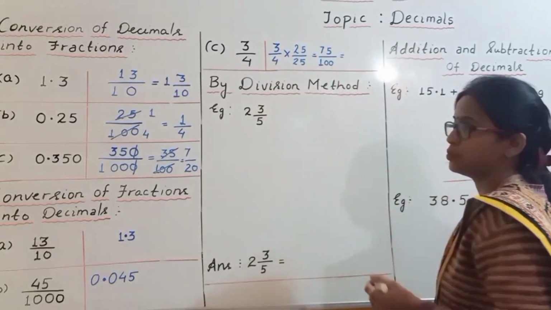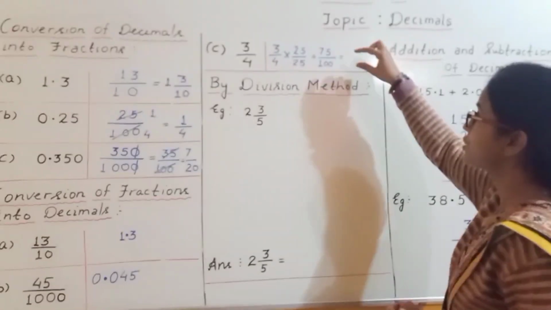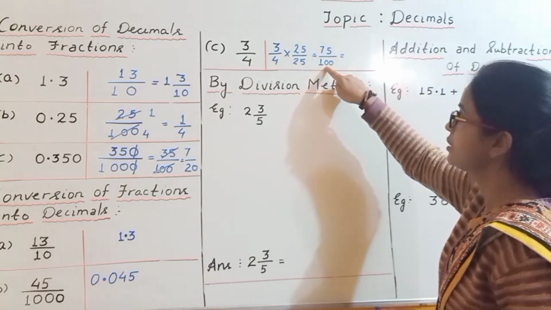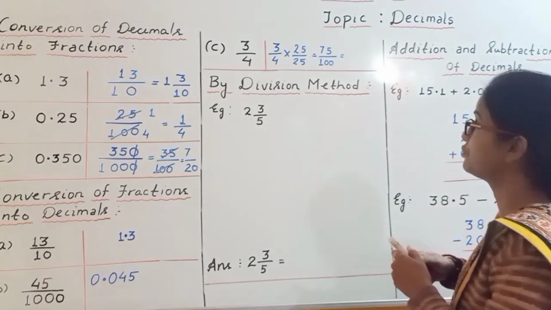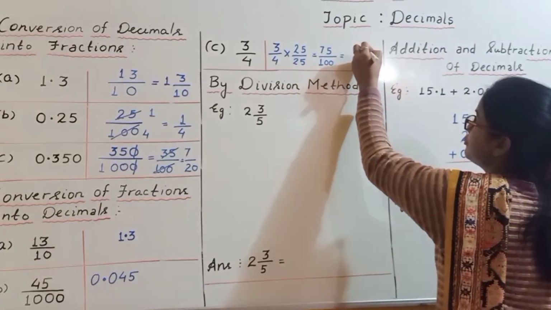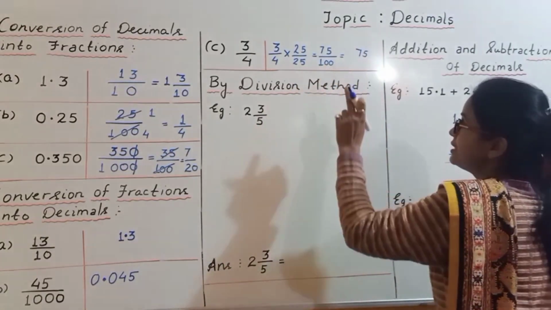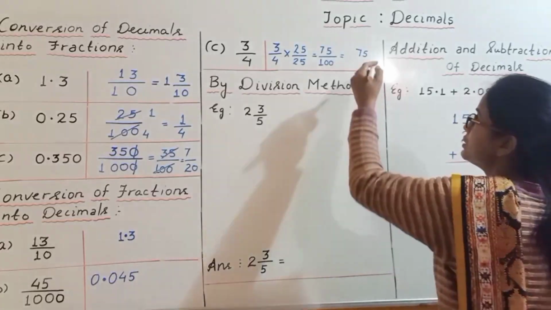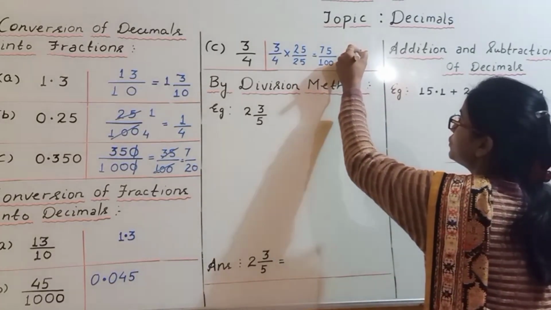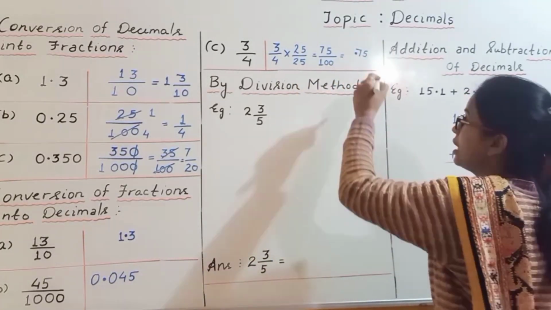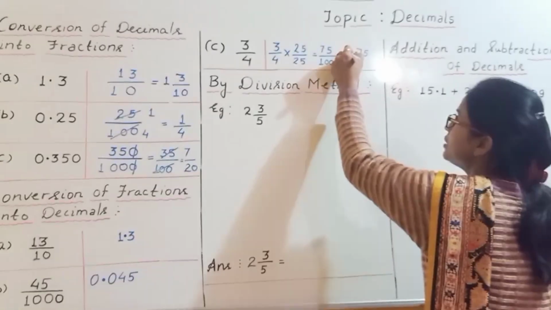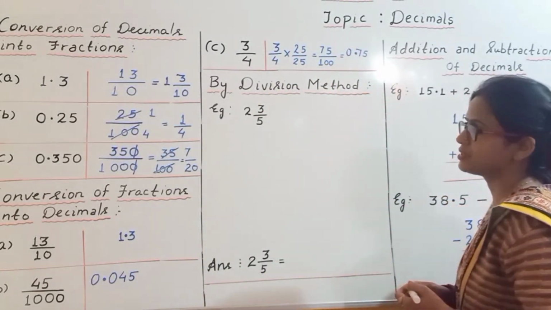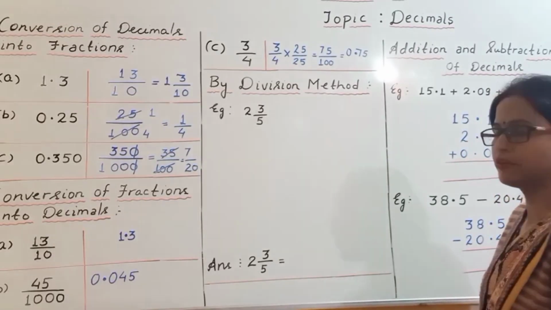Now we know the rule to convert a fraction into decimal. Here 2 zeros are there, so we write 75 first, and then from the right hand side we count 2 digits, 1 and 2, and now we put the decimal here. And we should not write the decimal in the beginning, so we will write 0 here. So the required decimal is 0.75.